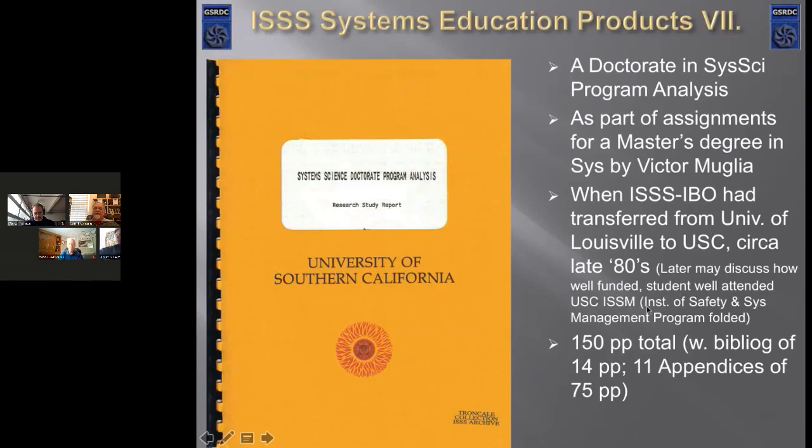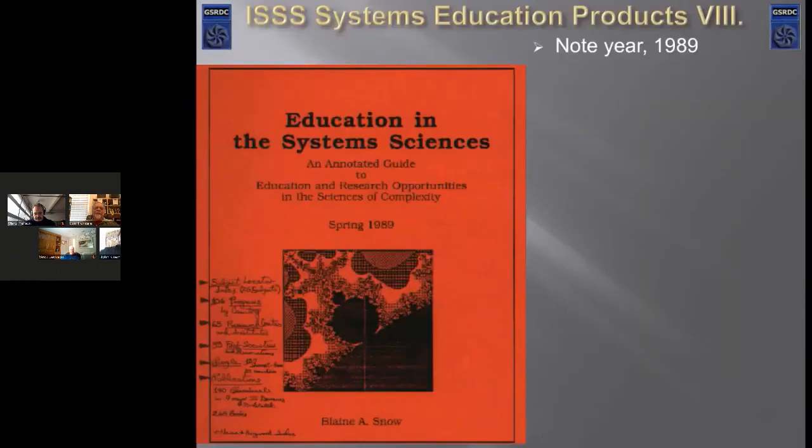There was at USC an Institute of Safety and Systems Management program, which has since folded. There are 150 pages total here, with a bibliography of 14 pages and 11 appendices. I have it here in the IBO. Then as an eighth product, you get the idea. All these new people are getting interested in systems education, but I'm saying, you should know what this past stuff is, okay? Note the year here was 1989,